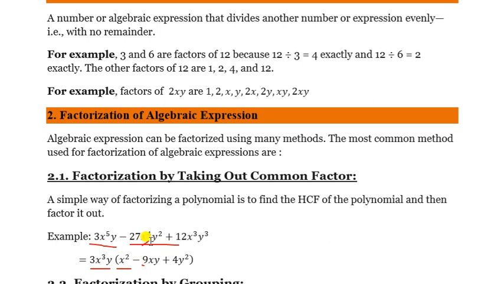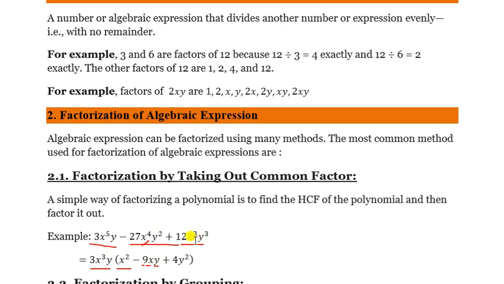9 numerical completed. Now here x to the power 3 I have already taken common, but here it is given x to the power 4. So you will take x to the power 3, then it will be x only. Then here y square is given, I have taken y. So only one more y will be left. In the same way, here from 12 I have taken 3. So 4 will be left, because 3 4s are 12.